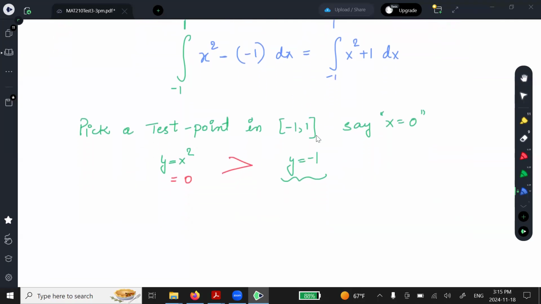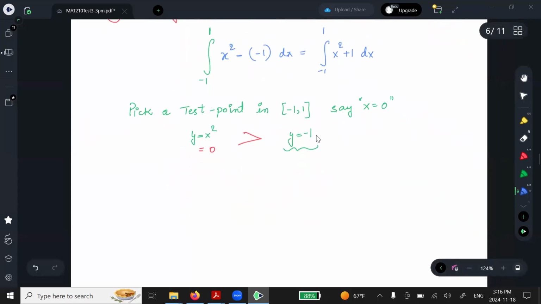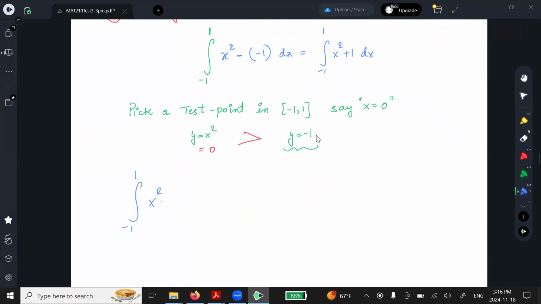Now let's integrate this. Let's see if we can integrate. Everybody do this on your paper. See if you can do it. You have to complete this question in the exam. So x squared plus 1 dx, what do you get? The integral of that would be just,